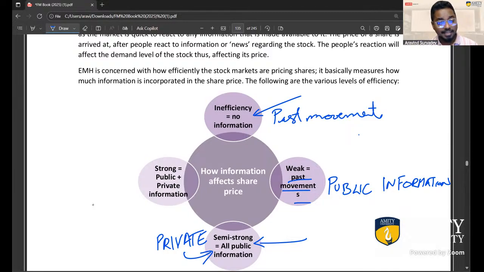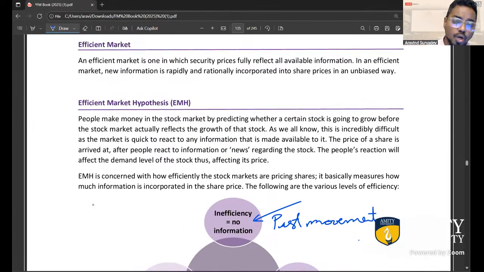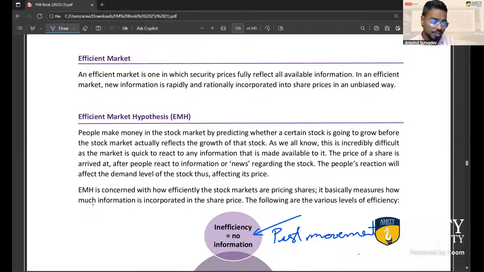In such markets, the only way a company becomes profitable or the only way that I, as a shareholder, can make money is if I invest in proper companies that make profits. And the only way companies can make profits would be by investing in positive NPV projects. I hope that makes sense. Yeah. So this is what the study of the efficient market hypothesis is all about. It's about market efficiency, guys.